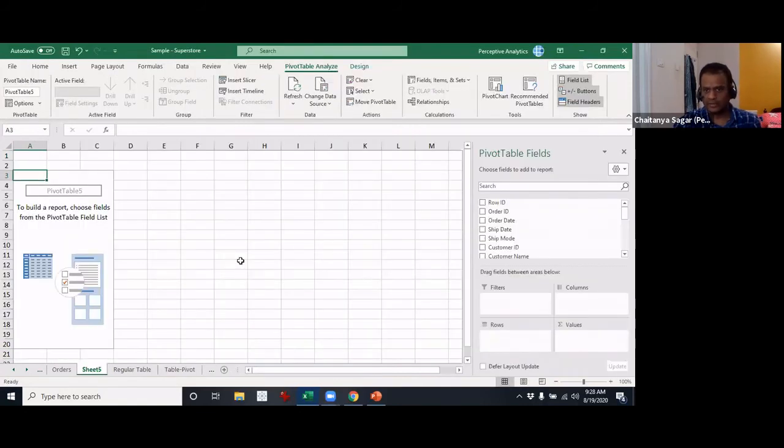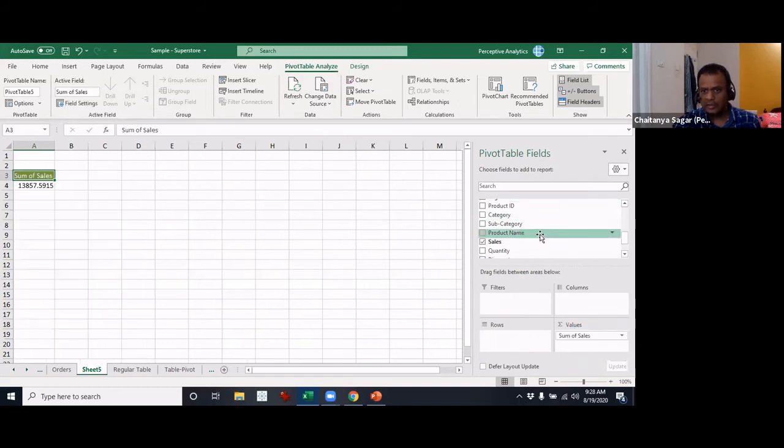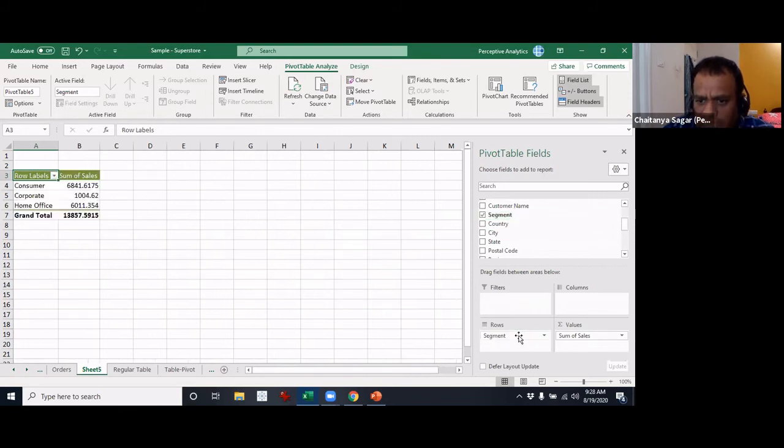We will do a regular thing, which is we will get the sales, and we'll get the segment. Where's the segment? Okay, segment is right here, so I'll get the segment right here. So we got the pivot table right here. Now in many situations, what our clients and a lot of people do is they have a table that they keep maintaining, and they keep adding data at the end.